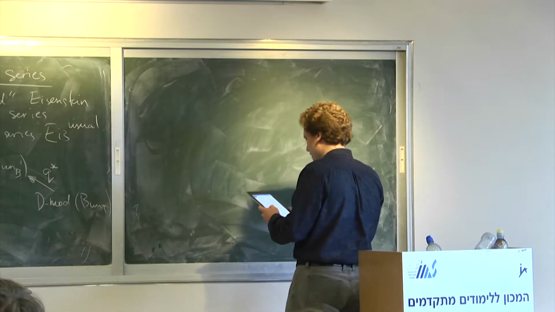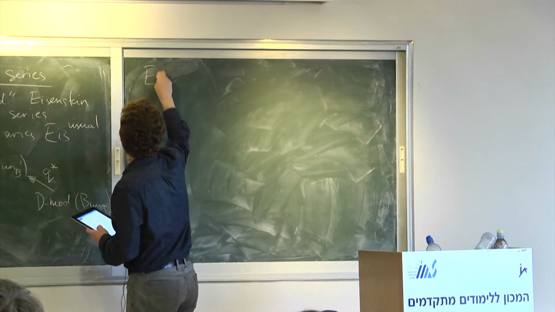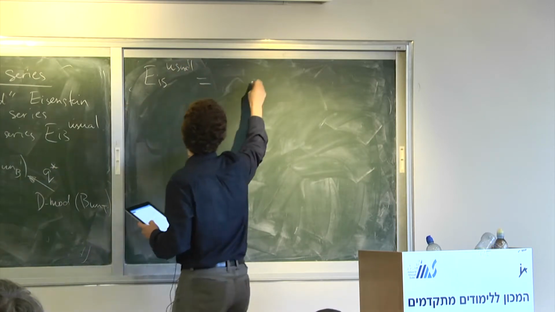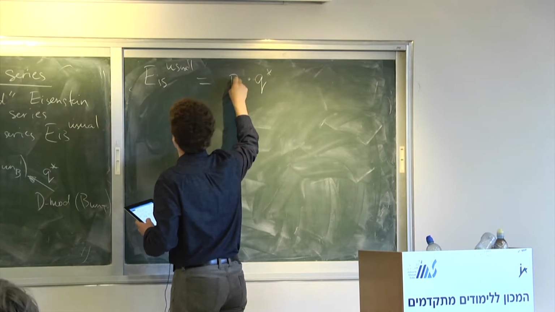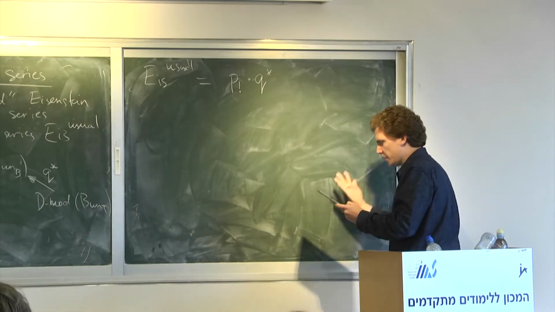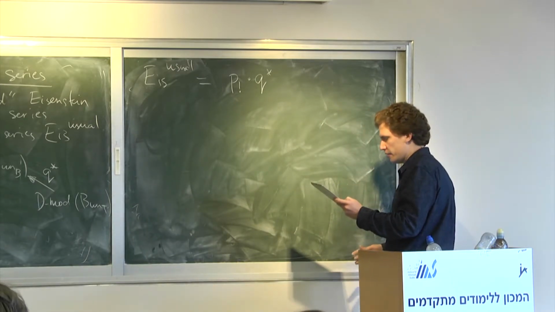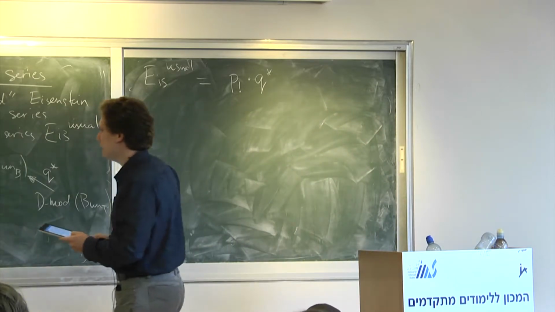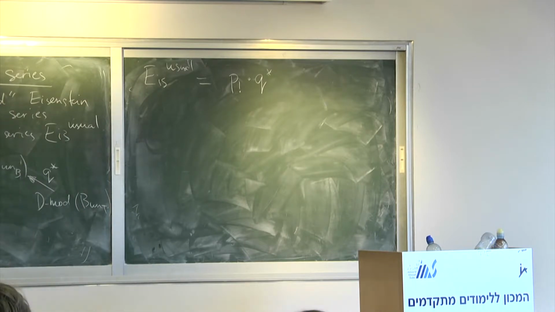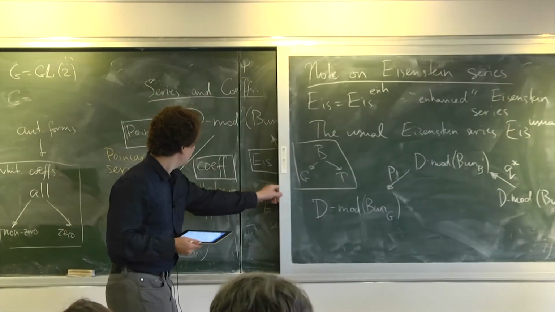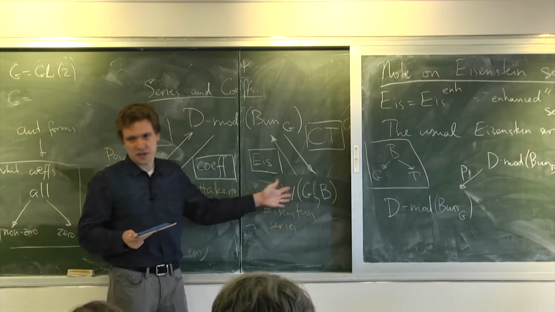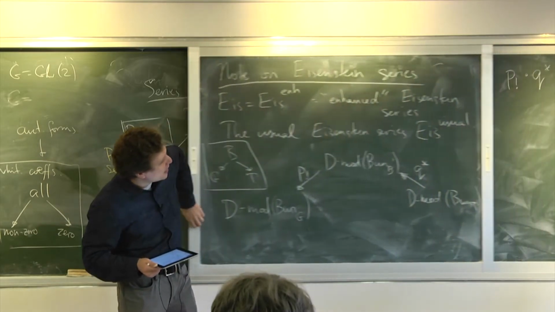So there's this usual Eisenstein series defined using q upper star, p lower shriek. So we can somehow try comparing it with this enhanced Eisenstein series that starts from something really strange. It starts from this WGB, which is roughly speaking